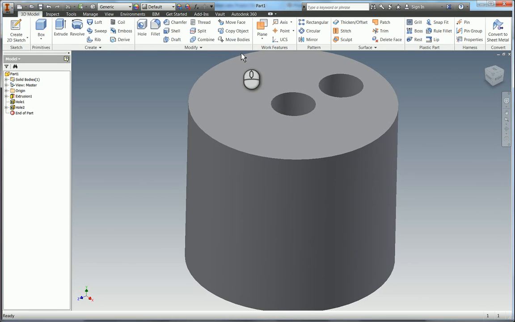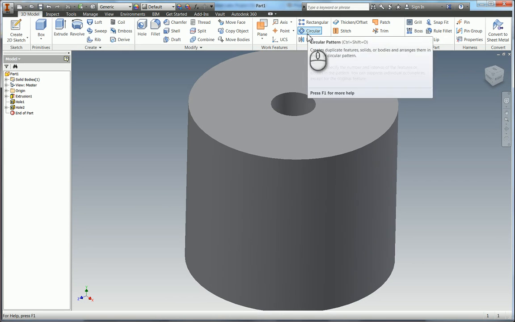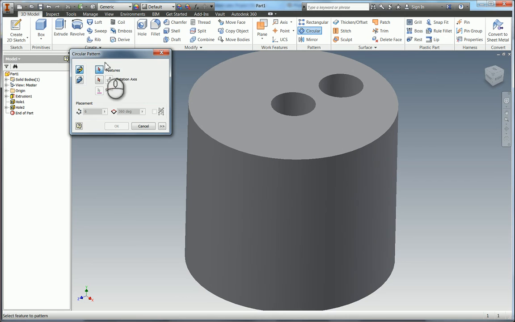Now we could have put 3 points down, or we could have patterned the point in the 2D sketch geometry, but of course you do have the option to pattern features. So we're going to use the circular pattern. If you select that tool, the first thing it asks you is, okay, which feature am I patterning? So we know it's the hole 2 because it's the one we've just created, so I'm going to select that